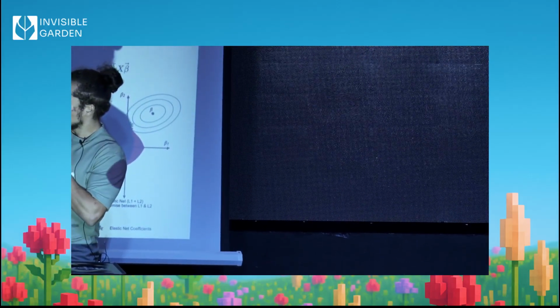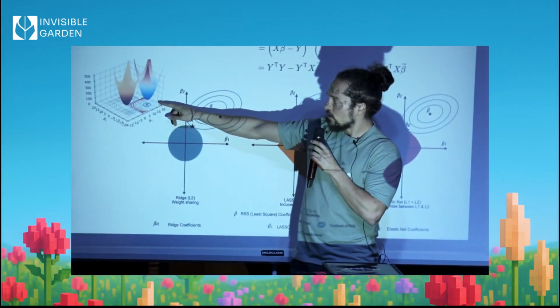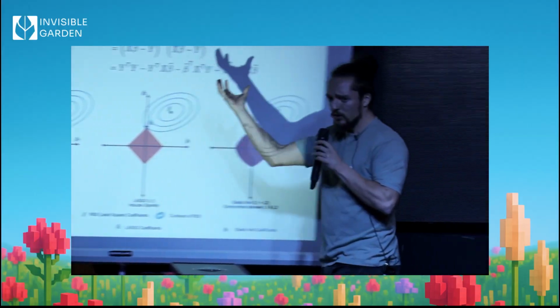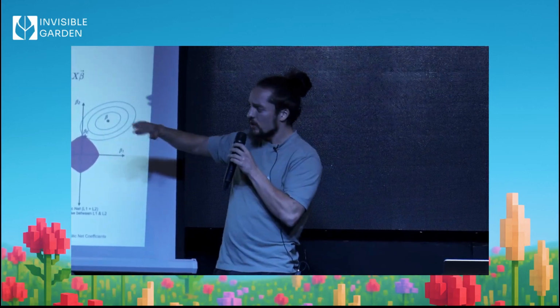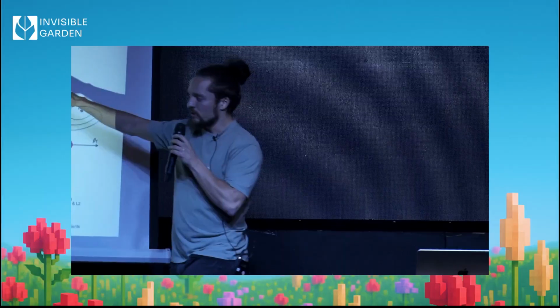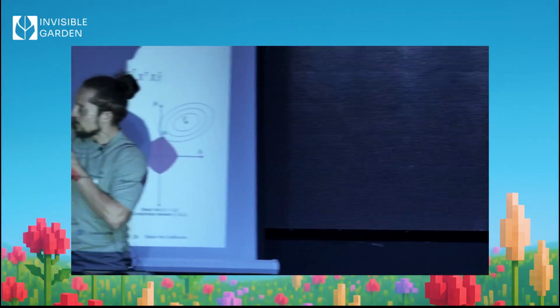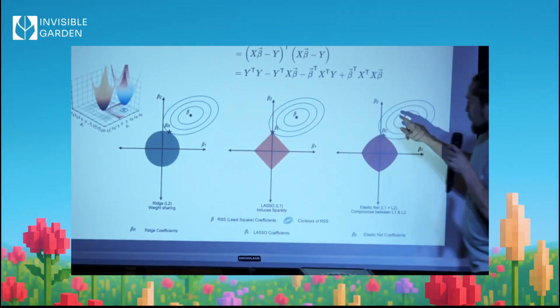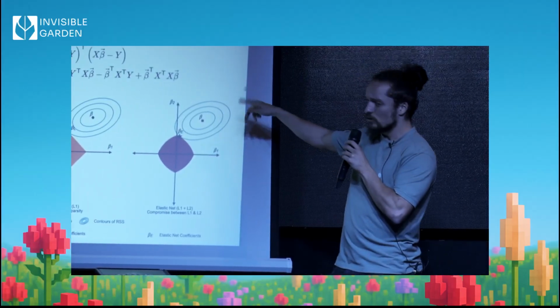You have two inputs, two betas, and an output. It will give you this paraboloid shape because this is guaranteed to be convex. These lines here represent the contours of these paraboloids. If you slice this paraboloid at different heights, you're going to have these different contours which are going to